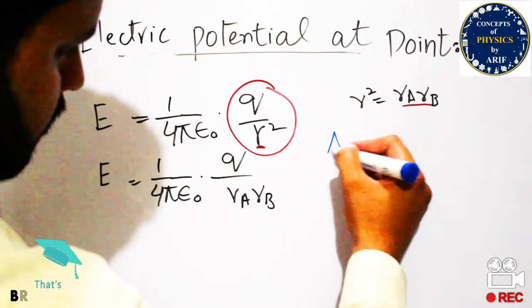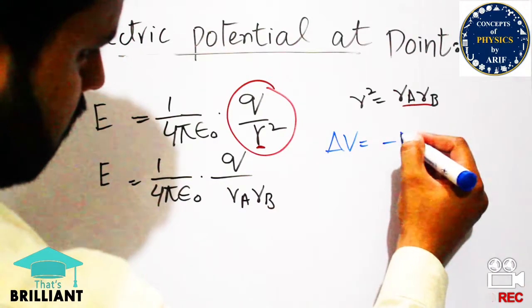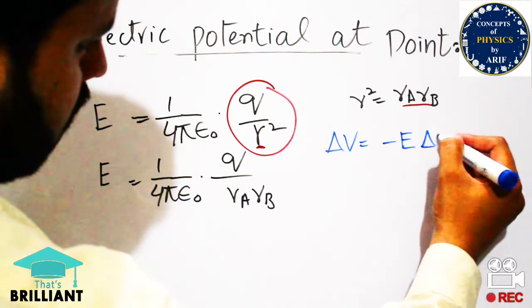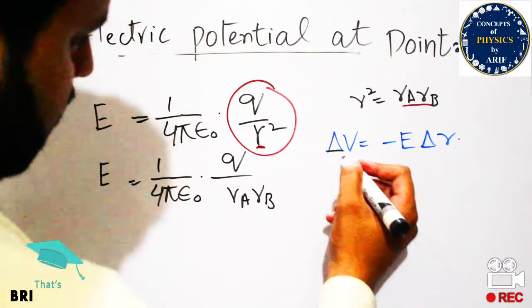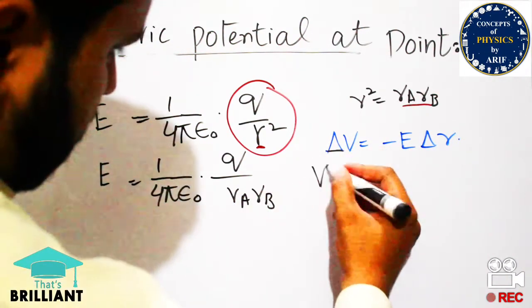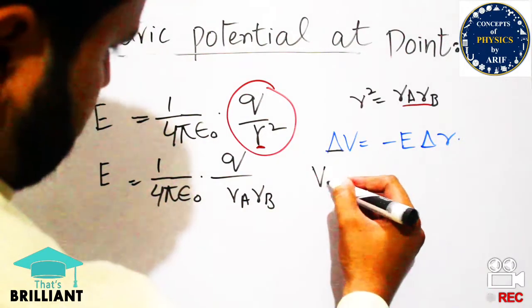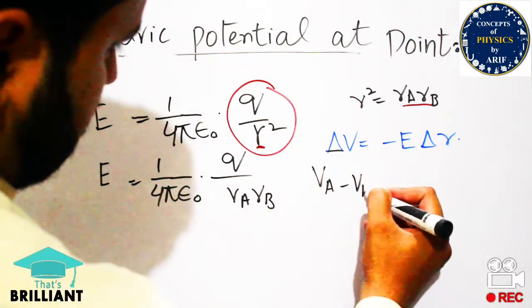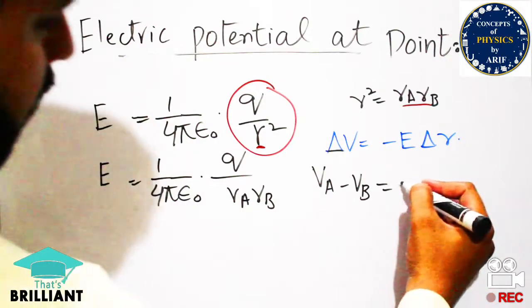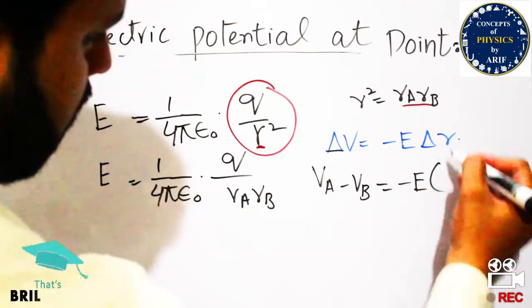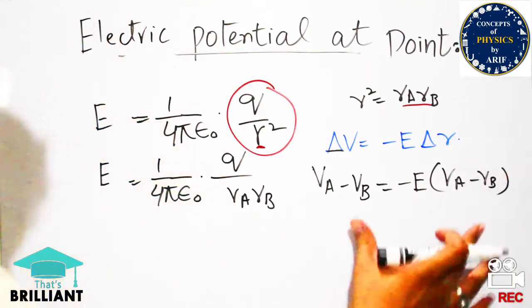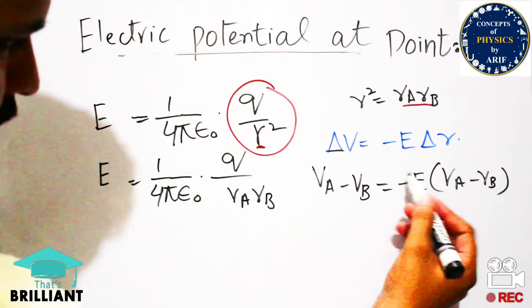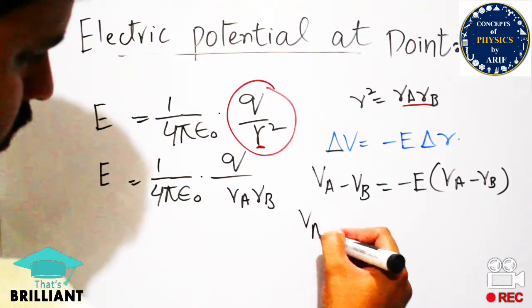So E is equal to 1 over 4 pi epsilon naught q over RA into RB. So we know that change in potential, or potential difference, is equal to minus E into delta R. So minus E into delta R, in the form of delta V, the change in potential from point A to point B, is equal to minus E into delta R, which is equal to RA minus RB. So if we multiply the minus sign into the bracket term,